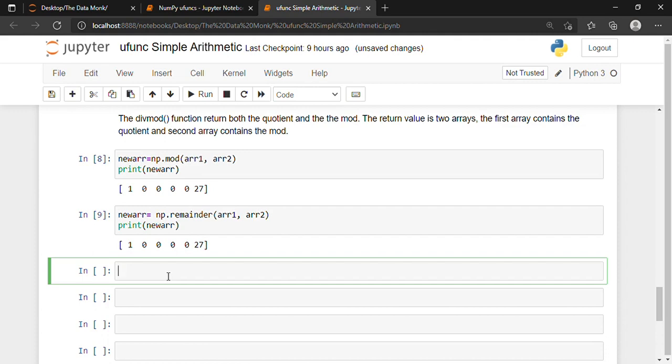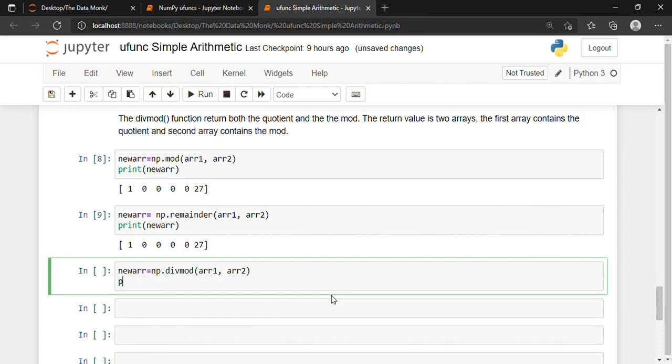I'm taking the same array again and writing new array is equal to np.divmod. This is also a function. It will return both the quotient and the remainder, and inside I am specifying array1 and array2, as I want the operation to be performed on these two arrays. And I'll print this.